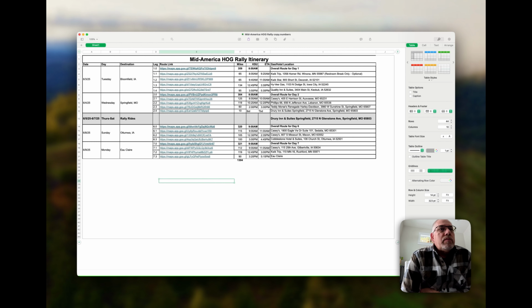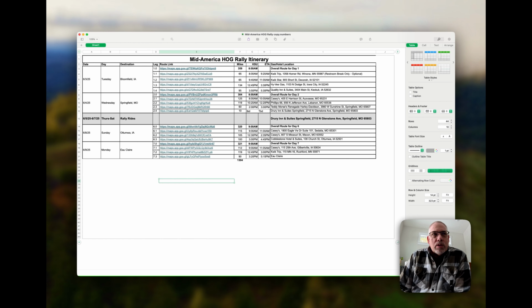So in the past, one of the things I've done is create spreadsheets, especially for group travel. And in those spreadsheets, given some of the limitations of planning long routes in Google Maps, I would plan it in segments, a day at a time, and in cases like you see here, breaking that day down into segments between gas stops. And in doing so, you overcome the limitation of 10 waypoints in a route, and you can also overcome, for the most part, if you're sticking to highways,